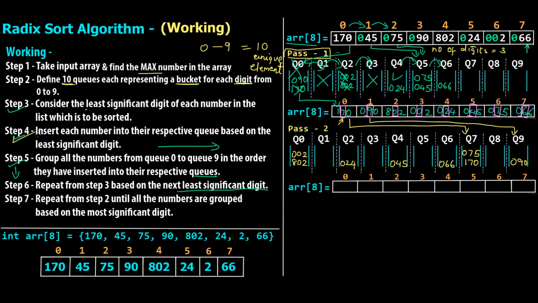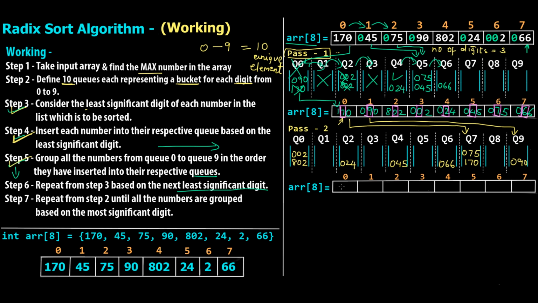Okay. So step 4 done. We've considered the least significant digit. This time it is the tens place because the units place is done. Pass 1 is done. We are doing pass 2. Step 4 is also done, inserting each number into their respective queue. Now step 5 again. We have to group them together starting from Q0 to Q9 in that particular order